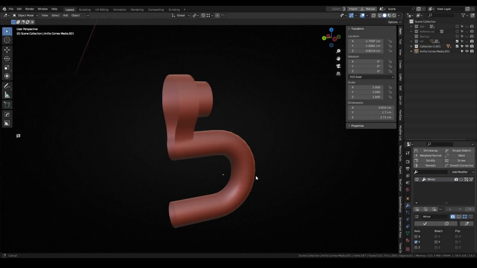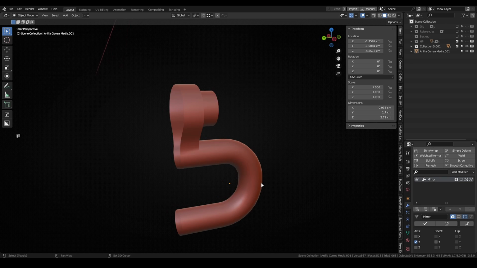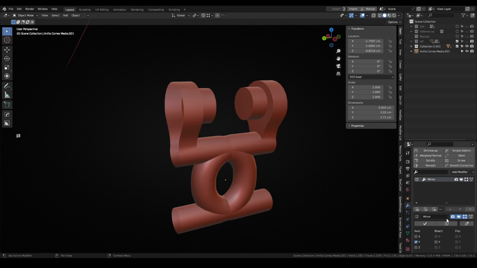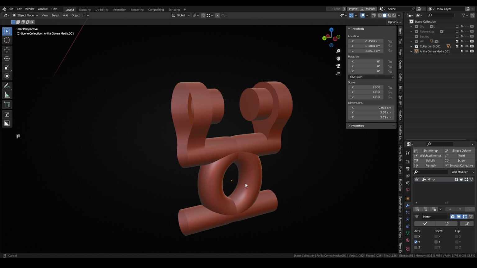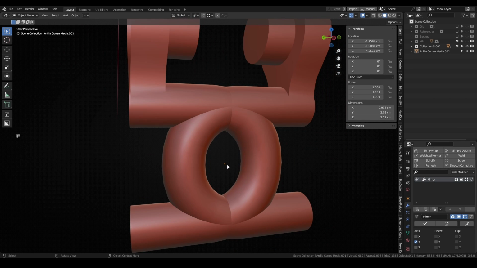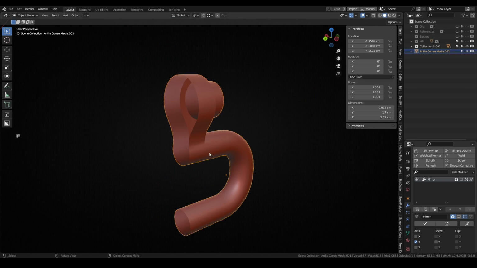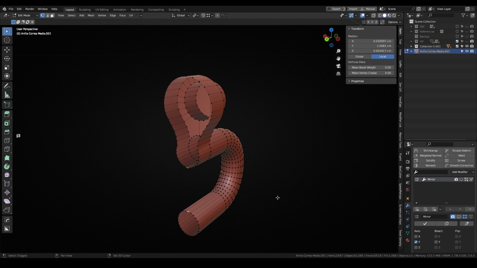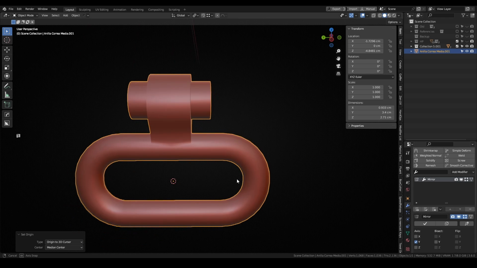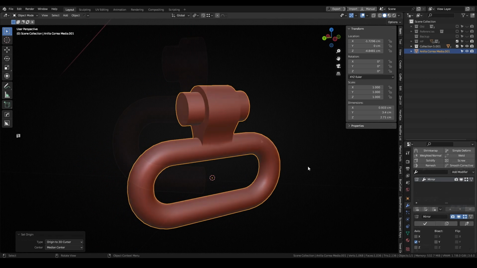At this point, you could find some problems while working with this modifier. For example, after setting the modifier, your geometry could appear like this, both sides clipping through each other. This happens because the modifier creates the new geometry from the mesh origin, and in this case, the origin wasn't at the center. To fix this, I'll move the 3D cursor to the center point of this mesh, and use right-click Origin to 3D cursor so the origin is where it should be for the modifier to work properly.